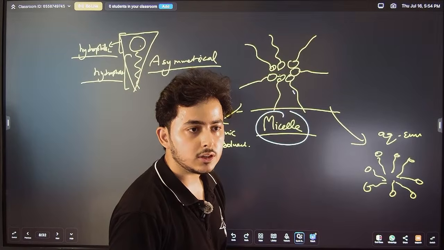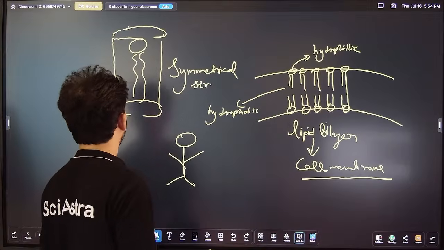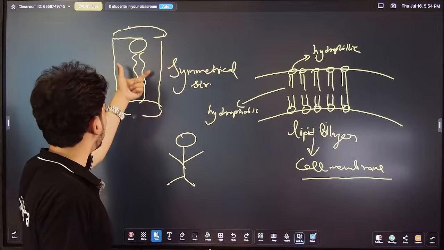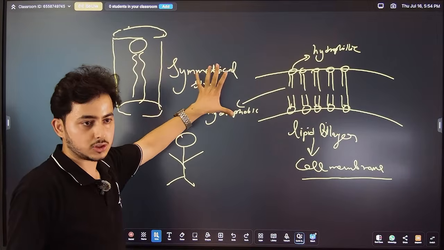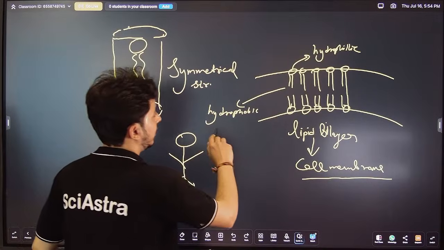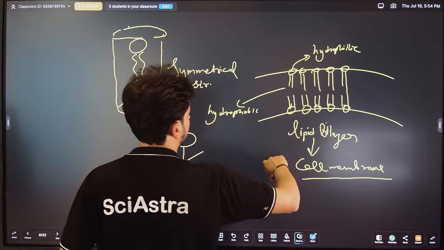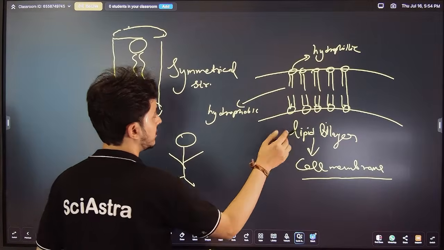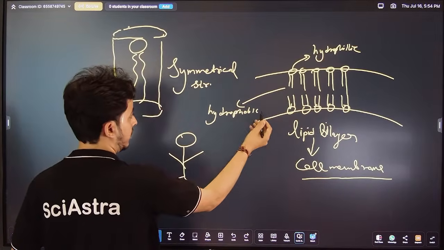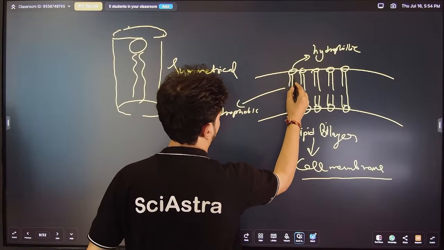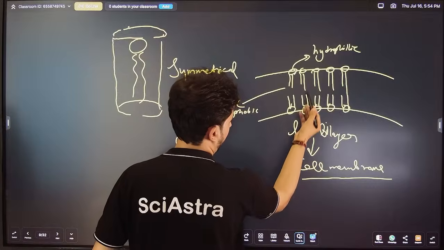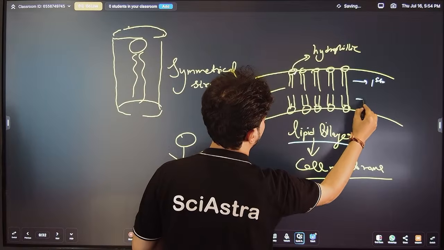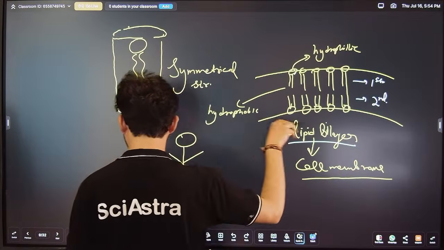And the next thing is the symmetrical lipids. Let's say the head is this much and the body is also in proportion with the head, like you have two tails, which is making this a symmetrical structure. If you understand this, this is the lipid bilayer kind of thing. In aqueous solution, since it is a bilayer, you have two of these lipid molecules, the head and the tail, oriented in this manner so that they form a bilayer, because here you have the first layer and here you have the second layer, and this is what forms your cell membrane.